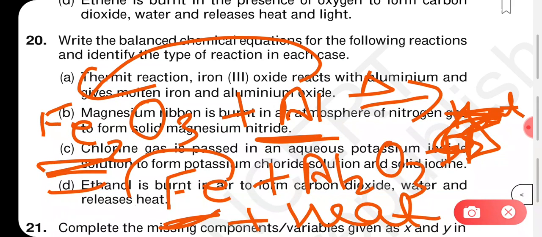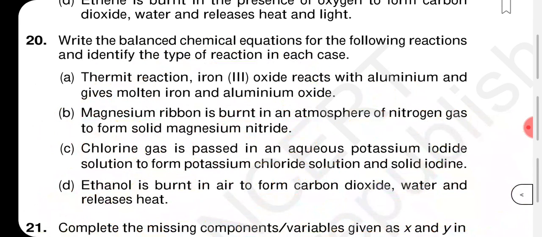Okay, so another thing, aluminium is combining with oxygen. Now here aluminium is added with oxygen, so you can call this an oxidation reaction taking place. Oxidation is taking place. This is what you can see. Fine. So anyways, this is an example of what type of reaction? It is an example of displacement reaction, that you remember. Okay, moving on to the next one.